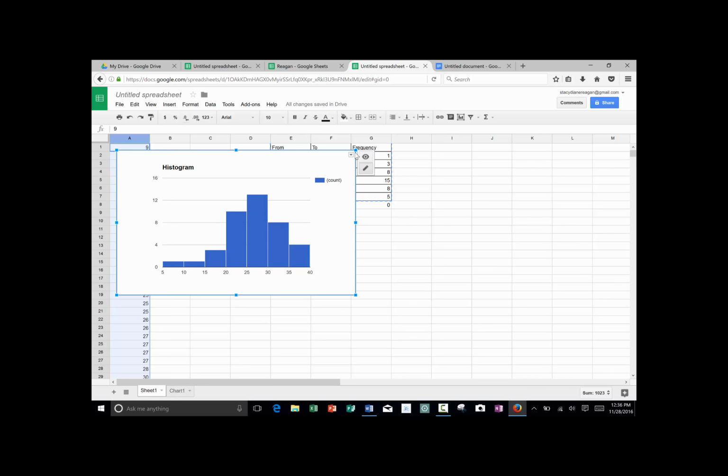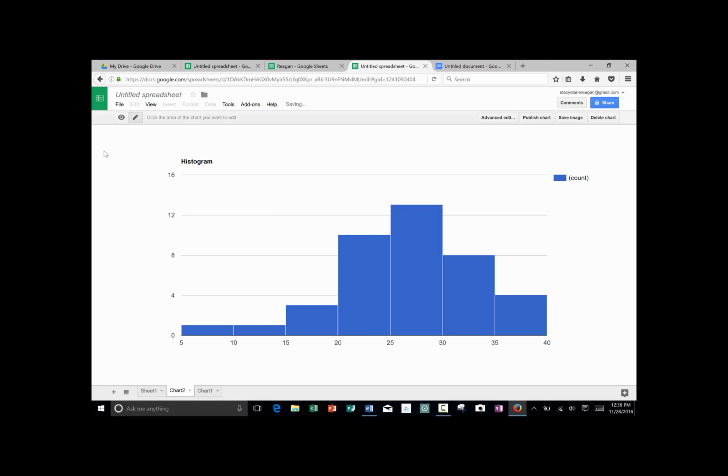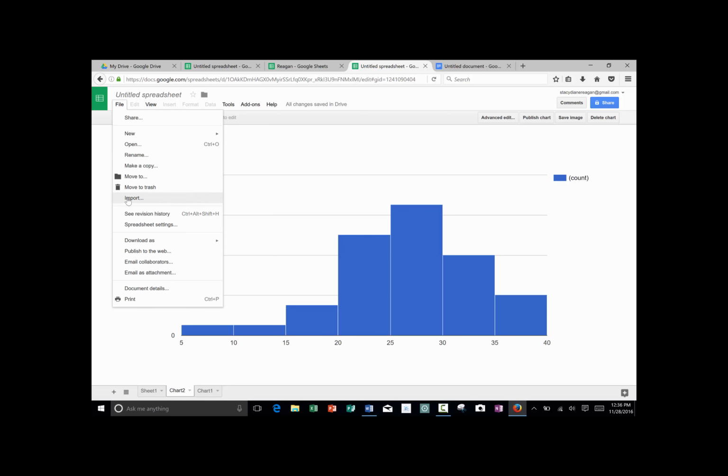And then in order to get it as a PDF, you would put it on its new sheet. And we would go up here and say File, Download as PDF,